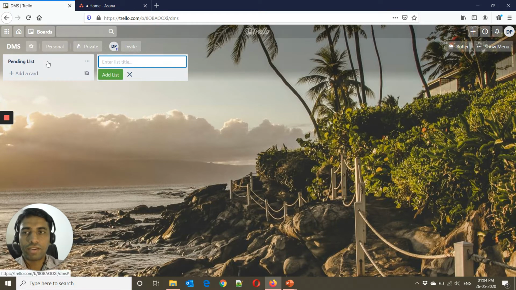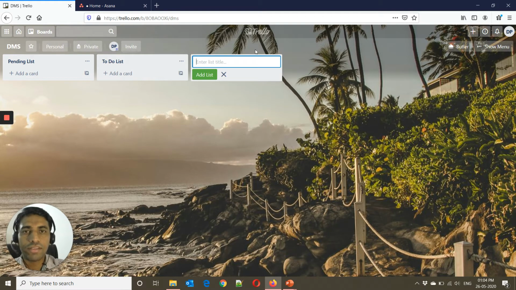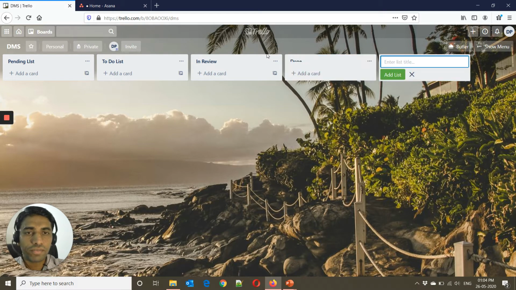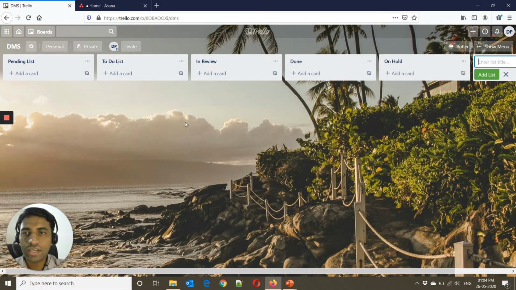Then we can define the to do list. Then we can define a done list, or we can say in preview list. Then we can define done. Then here we can define on hold, and we can create a task against each list, and that task we can drag and drop in the workflow.